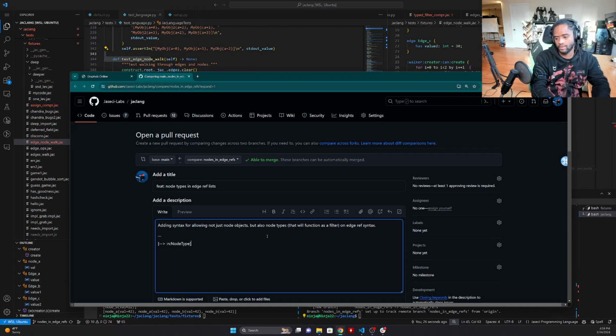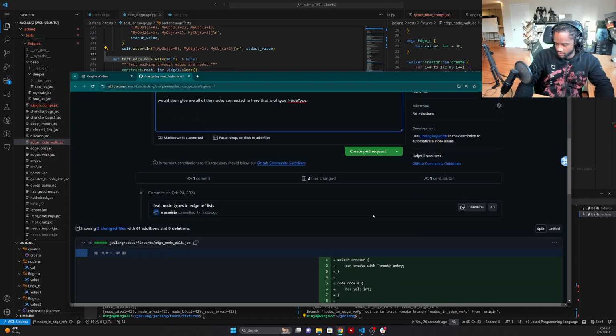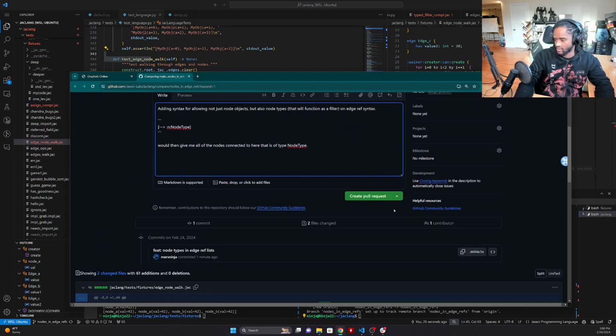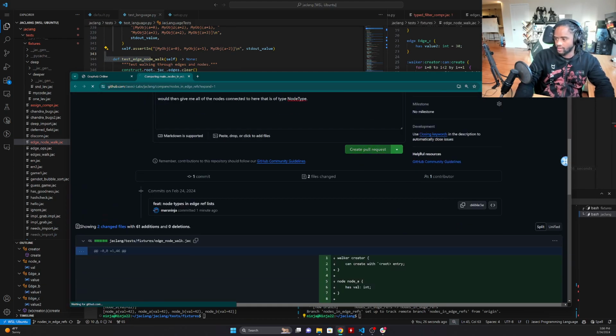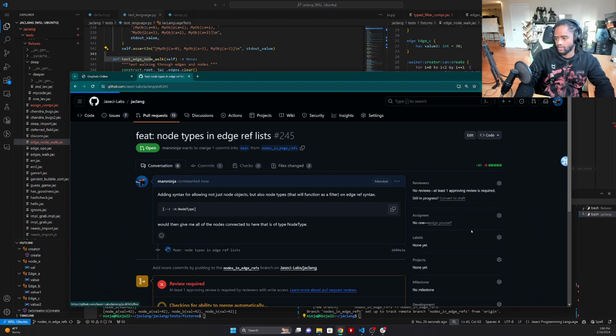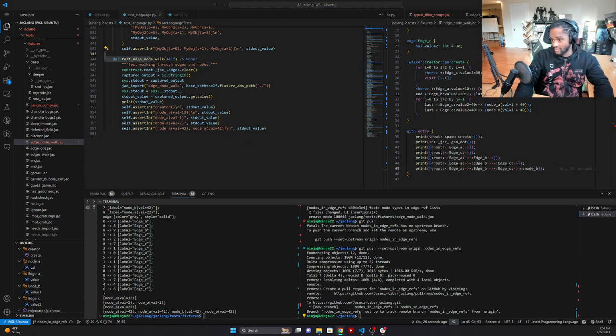Type would then give me all of the nodes connected to here that is of type node type. Boom. All right, that's a sufficient description. It's like the shortest adequate description possible. Okay, so that's going to be new feature, create pull request, go. Beautiful, got my file, my beautiful changes here. Now we're going to get in and do the